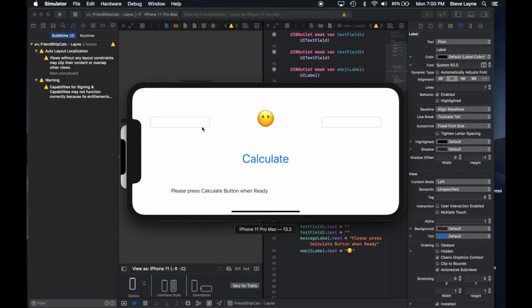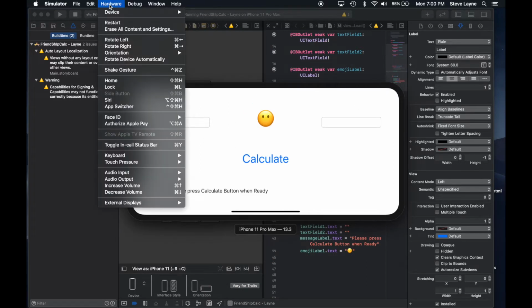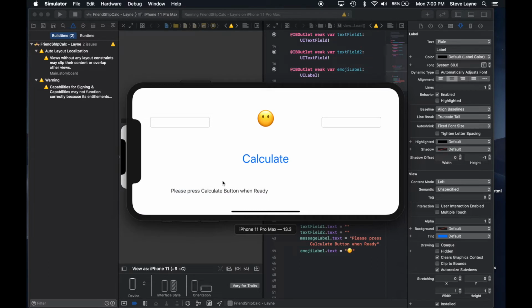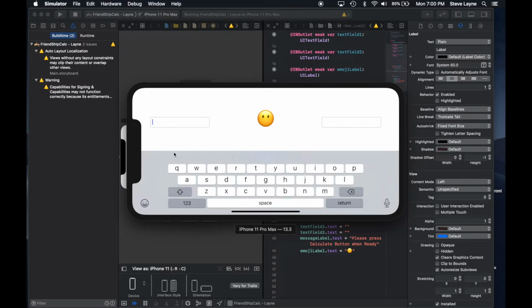So basically what's happening here is we didn't test the software keyboard. So you're going to need to click that and enable it, and then you are actually going to have to click each area. So we're going to go back to me and the dog, and notice that when you press return